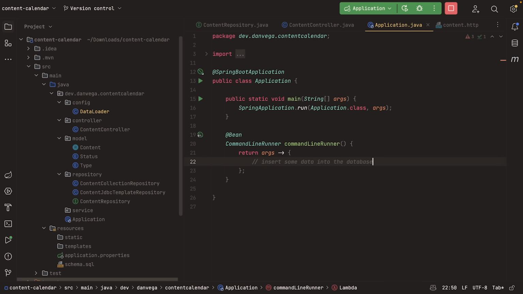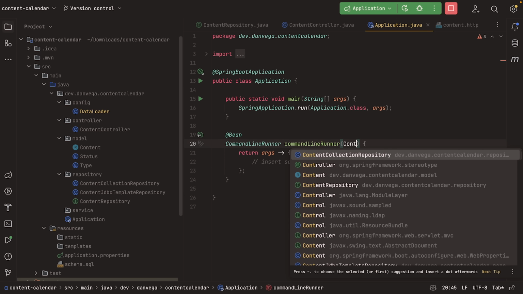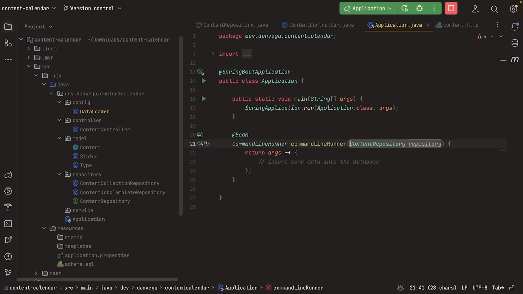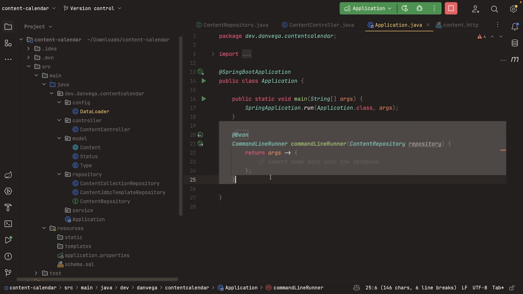into the database. Now, what we need to insert some data into the database is our repository. We need this content repository because this has all the methods to be able to do things like save a new piece of content. So how can we get this here in our command line runner? Well, this is just an argument, right? So we can say ContentRepository, we'll call this repository. And because Spring is managing this as an instance in the application context, it will see that when we create an instance of this thing, it's dependent on this,